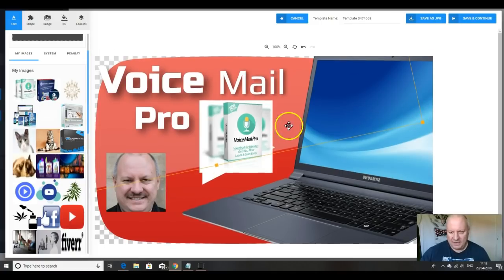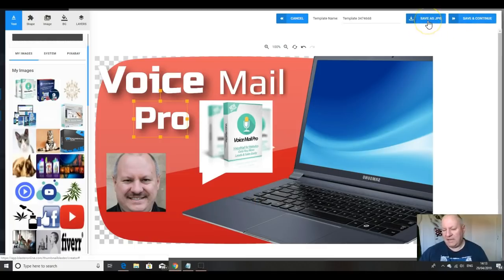All right, you get the idea. I'll have to play around with that, obviously, and minimize the size of it. But you get the picture, folks. You can edit it any way you like, and then you can either save it as a JPEG, or you can press save and continue, and then it'll give you the option to load it up as a thumbnail